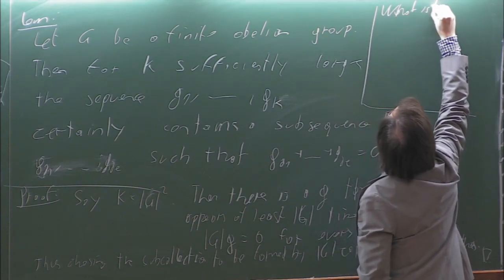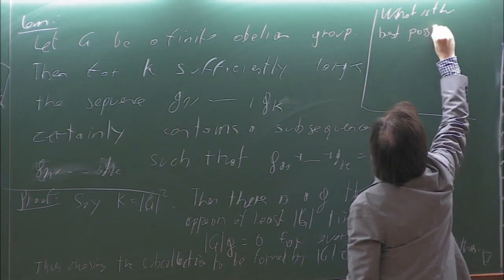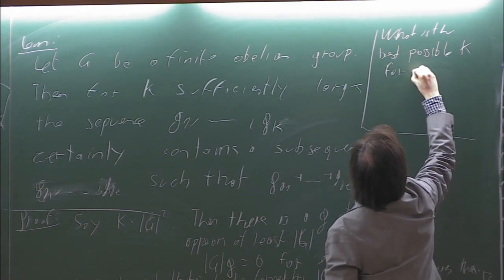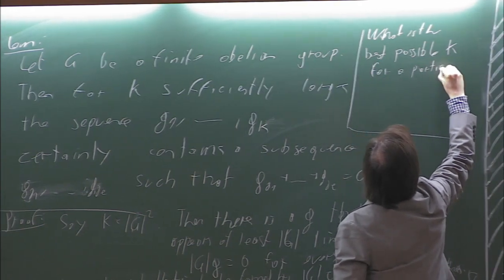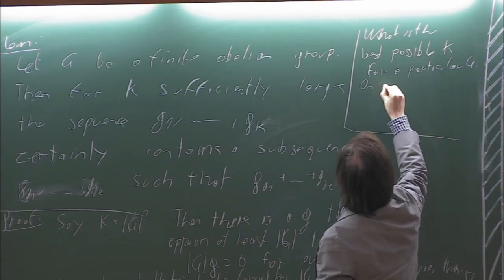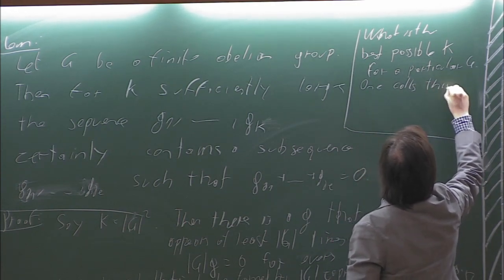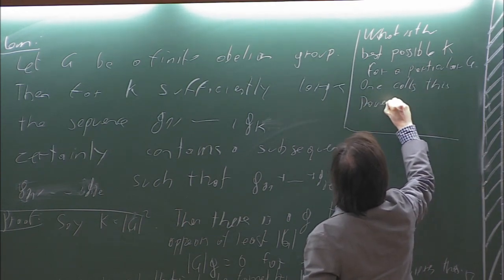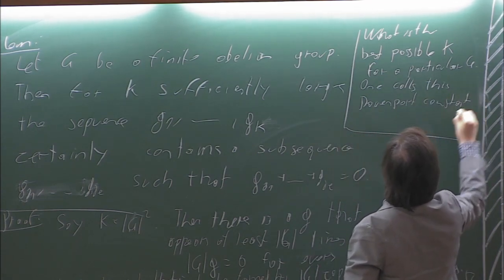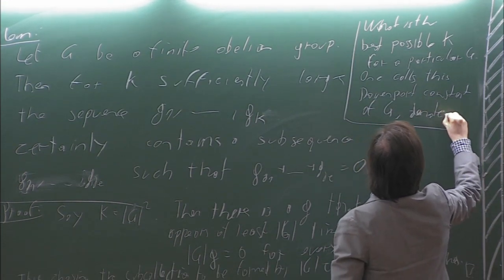What is the best possible k for a particular G? And one calls this the Tenpart constant of G, denoted